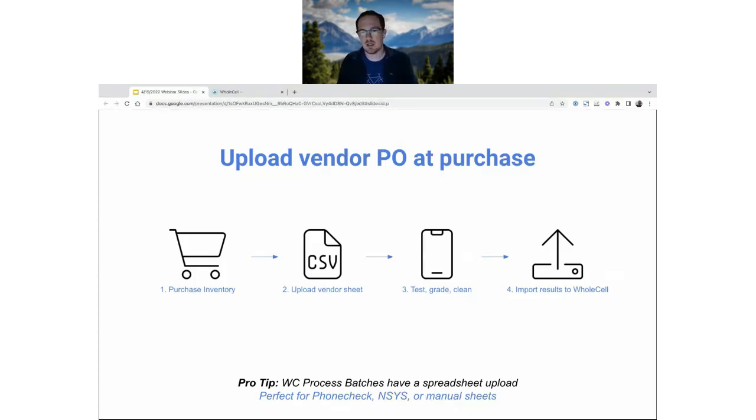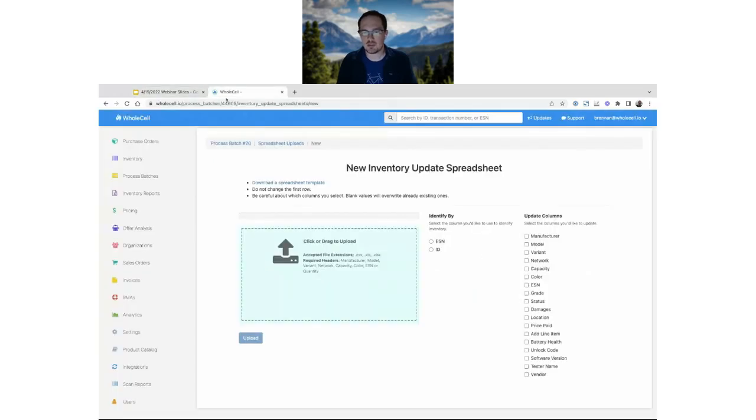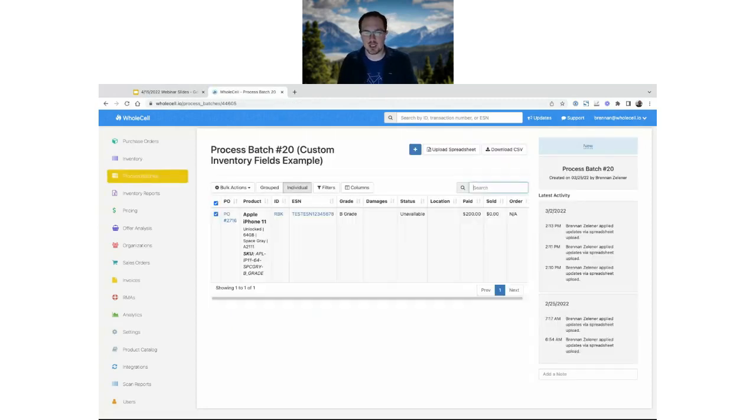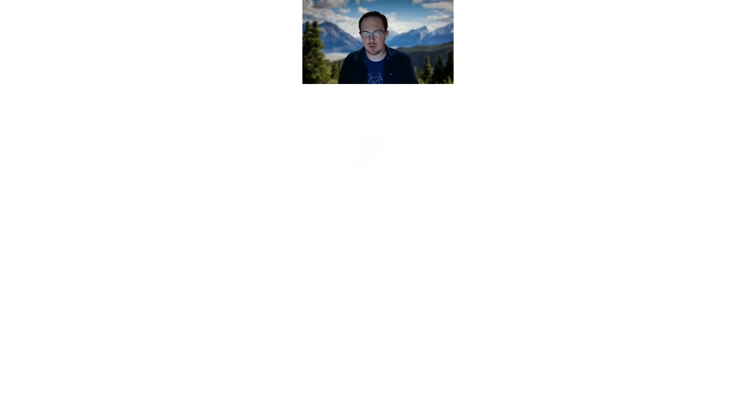And I've got a little tab open here just showing a process batch. This is a process batch I created for a previous webinar that was illustrating some custom fields. But if you go to process batches, I'm going to make this a little wider in WholeCell, hopefully everyone can see, and you go to upload spreadsheet, what you can do here is bring in a spreadsheet of changes to existing inventory. Like we were talking about in this slide,